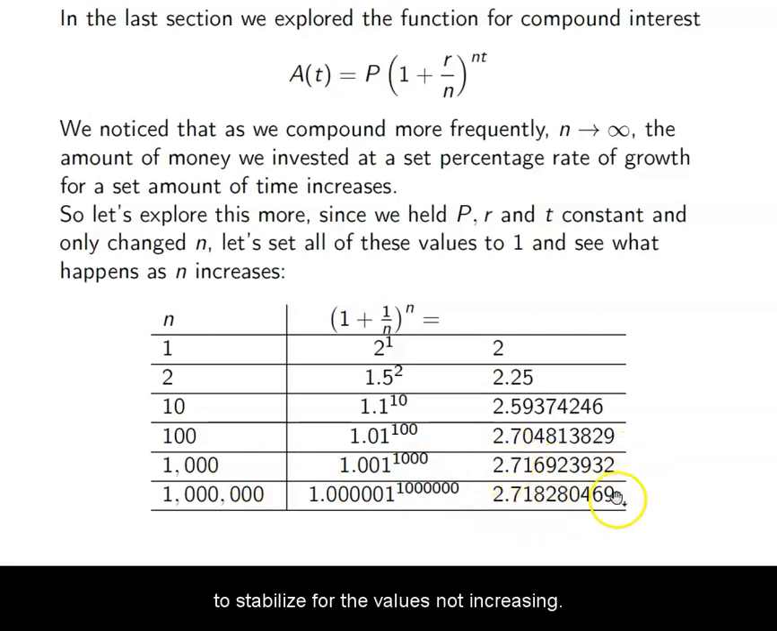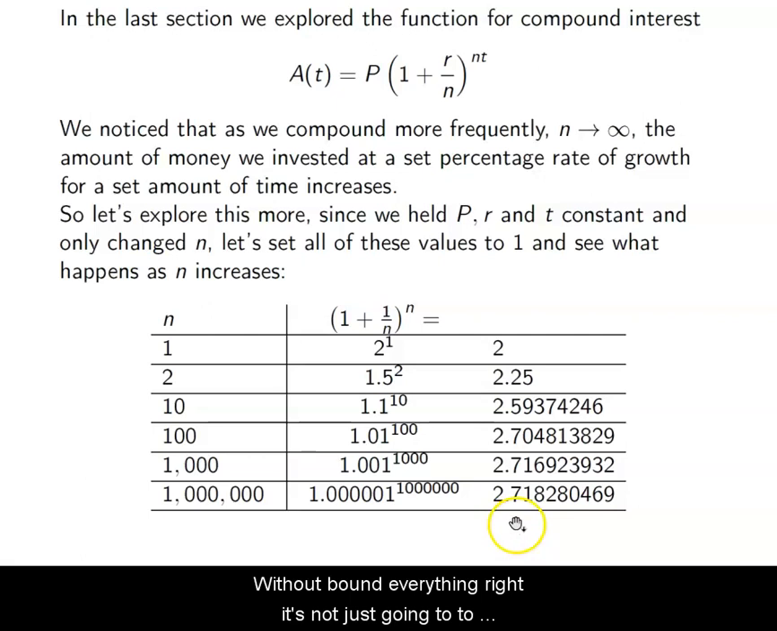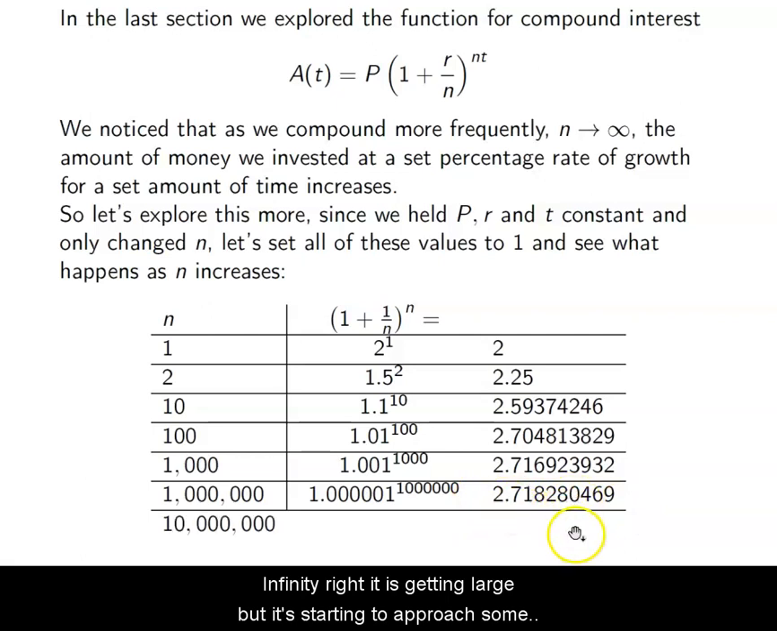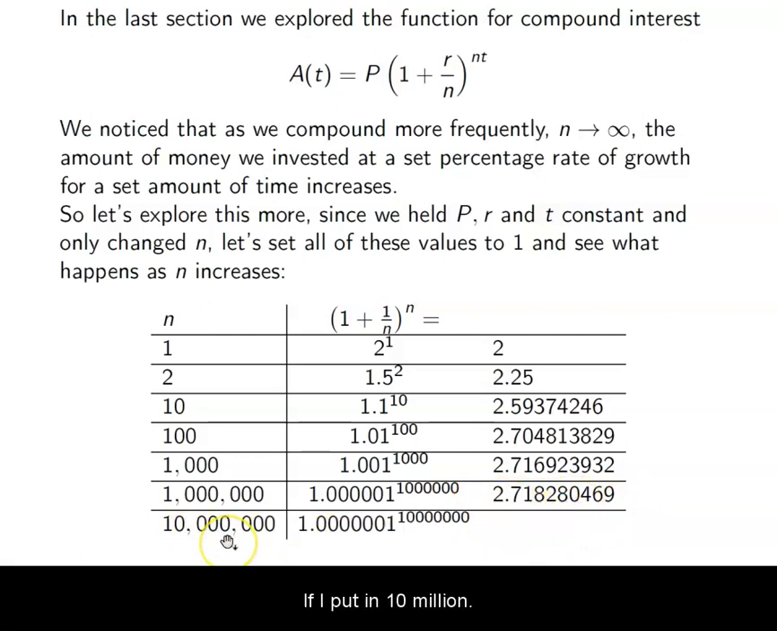So I'm starting to stabilize towards a value. It's not increasing without bound, as we say, right? It's not just going to infinity. It is getting large, but it's starting to approach some value, okay? If I put in 10 million,